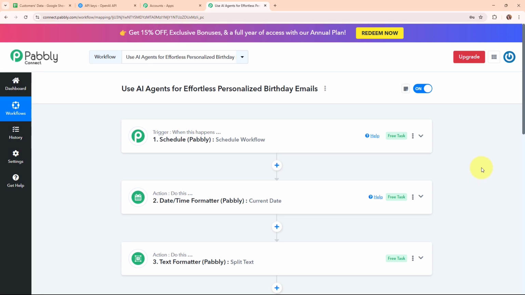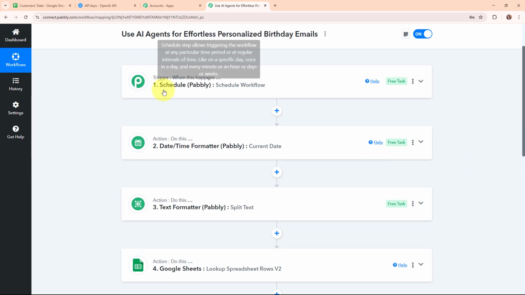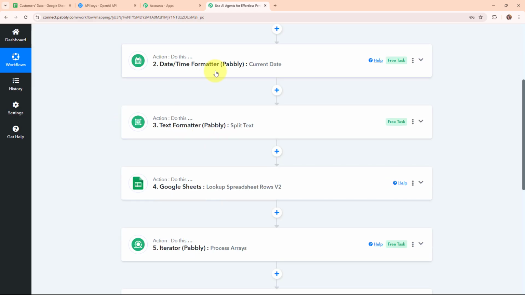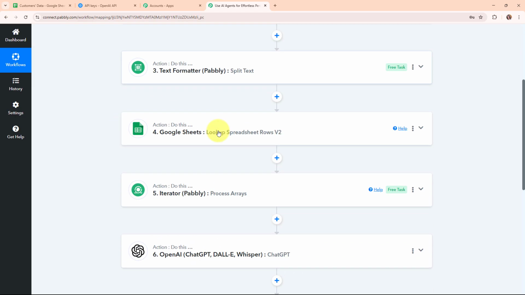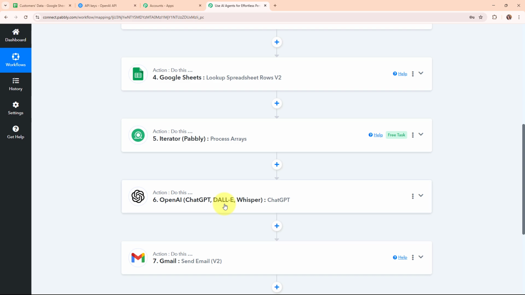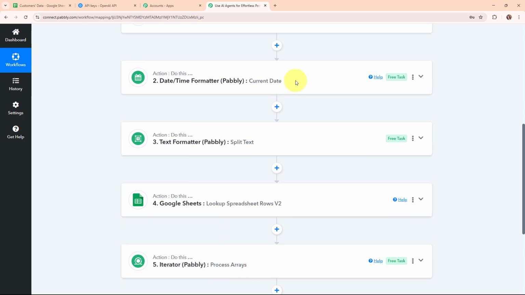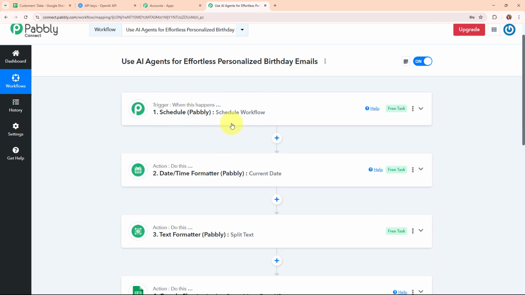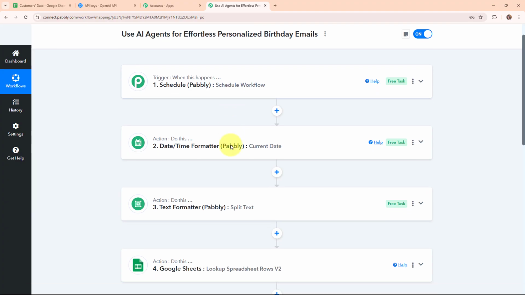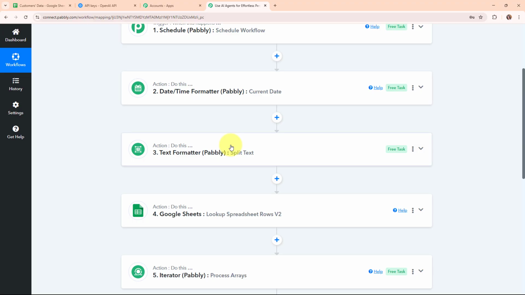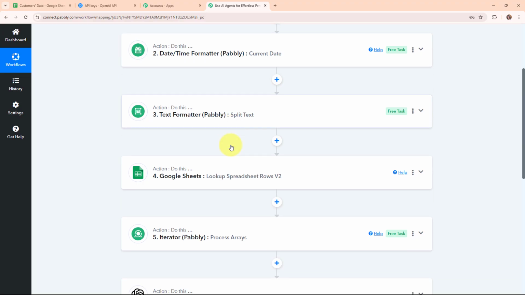Now let me summarize this whole video for you. Here we have taken a trigger as schedule by Pabbly, and actions as date time formatter by Pabbly, text formatter by Pabbly, Google Sheets iterator by Pabbly, OpenAI, and Gmail. So that every day at a specific time this workflow should run, and after that it should extract the current date. After extracting the current date, it should automatically split the current date, and